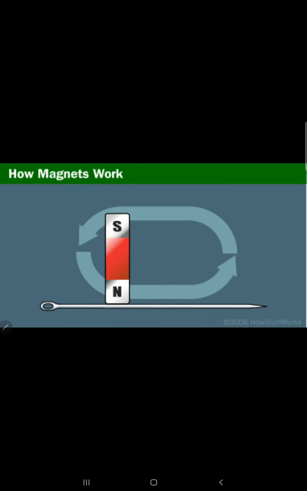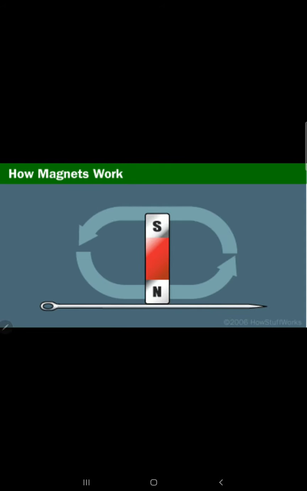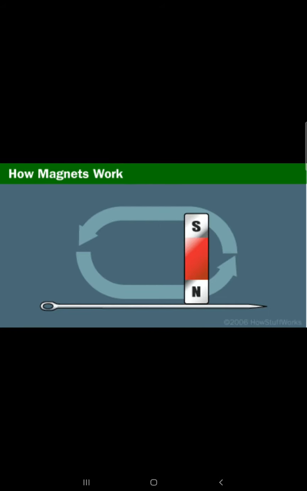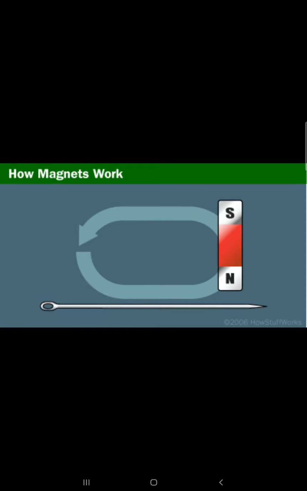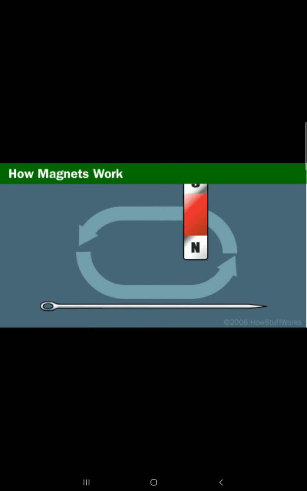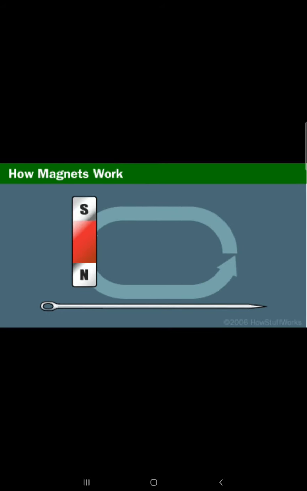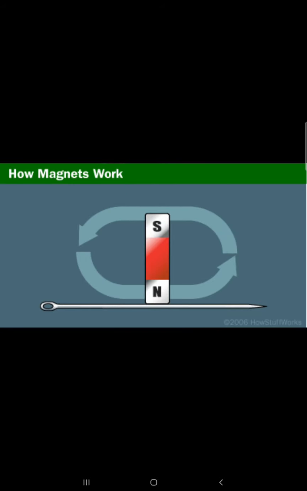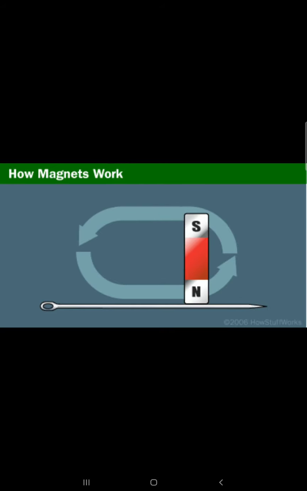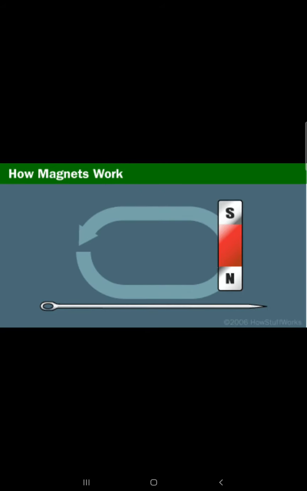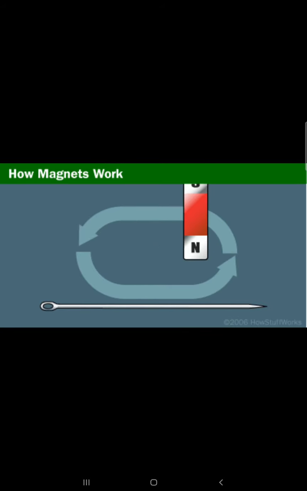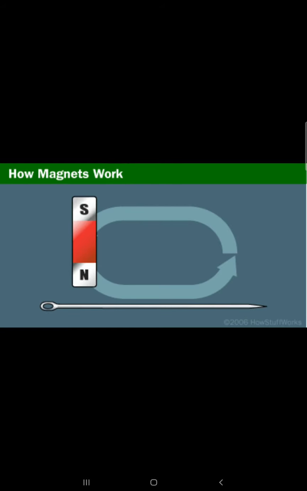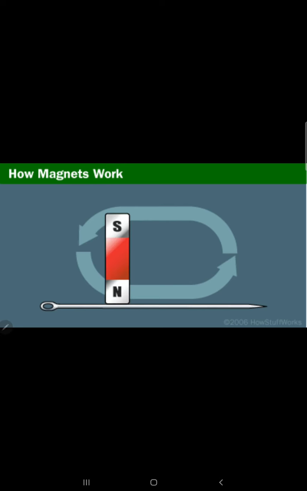Here in this animation you can see that an iron needle is continuously rubbed in one direction, or stroked in one direction only, by the north pole of the magnet. The north pole of the magnet starts rubbing the needle from the left side, moves towards the right side, and then we pick it up and repeat the procedure again and again. If this is done multiple times, then the iron needle will also become a permanent magnet. In this case, the iron needle will also acquire the property of magnets.